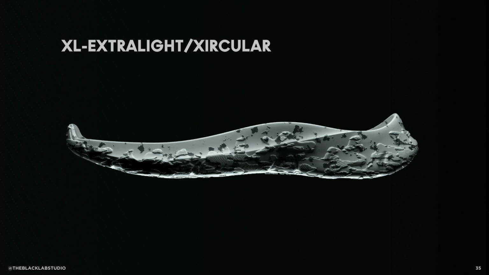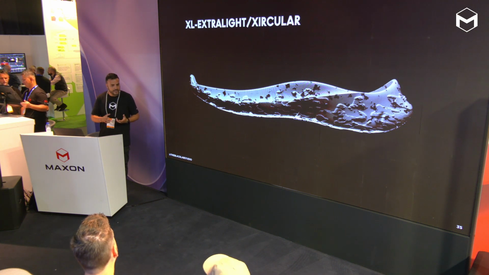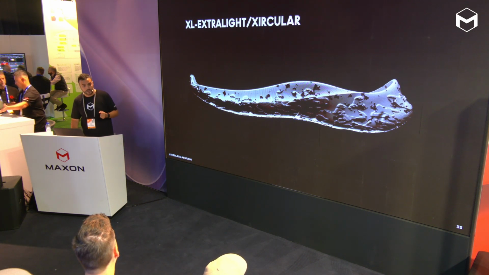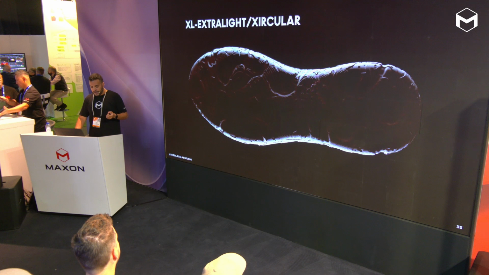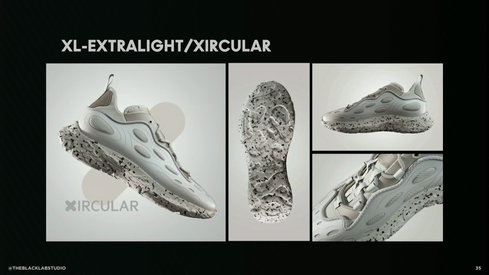This is an example. XL Extralight is the material, the brand that makes Crocs, O-bags. Do you know them? This very lightweight plastic. And they asked me to create an organic shape, an organic texture, but procedural at the same time, for their sole with this rebounded material. And I started unsure, saying, okay, I'll try. If you like it, we can go on. And this is the result. This sole is completely made with the VDB mesher inside Cinema 4D, and then used in production.